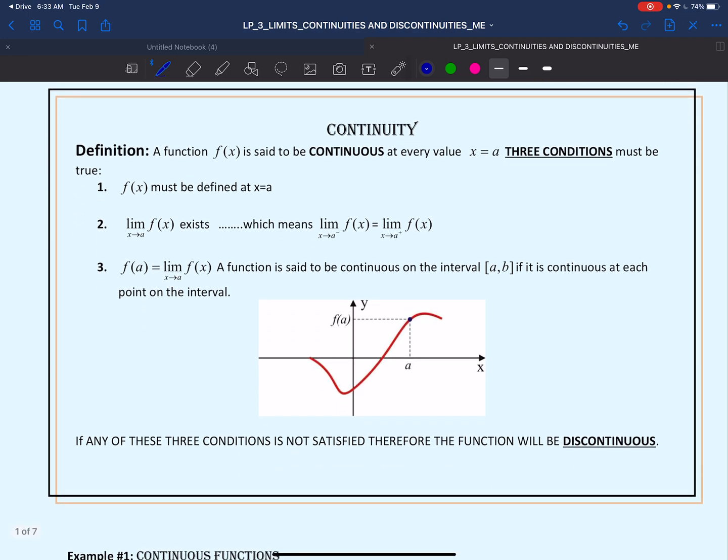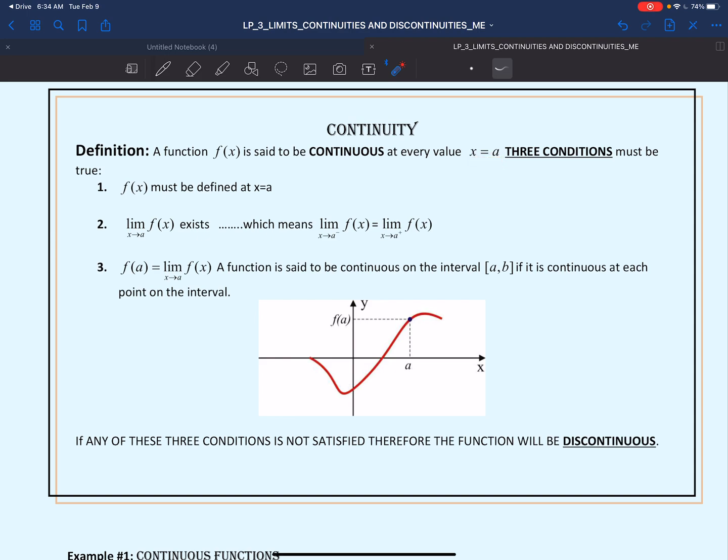Continuity of a function is a term we've mentioned in the Advanced Functions course, and we've said that a function is considered to be continuous throughout its domain if we could draw the graph of a function without having to lift the pencil. In calculus, we are going to redefine the meaning of it and enrich it with more specific calculus terms. So we're going to say that a function is continuous at every value x equals a if three